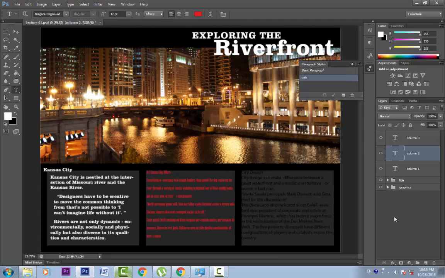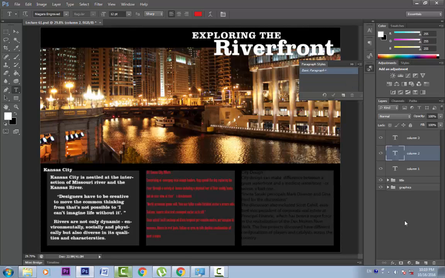Change the font style, change the color, give it a name and hit OK. After making those changes, we can select any text and apply that paragraph style by clicking on the paragraph style here. But is this the most efficient way to create a paragraph style? Probably not. As designers and artists, we would like to visually see things, and this dialog doesn't show what it is creating. So rather than doing it this way, I have created a first set of formatting on this first column. Let's delete this paragraph style.